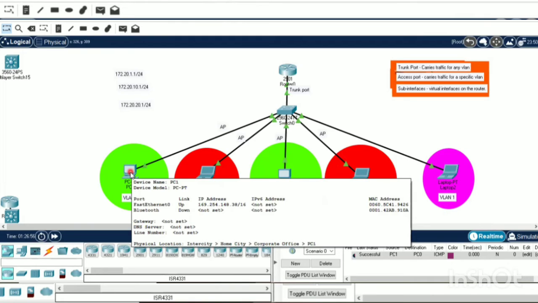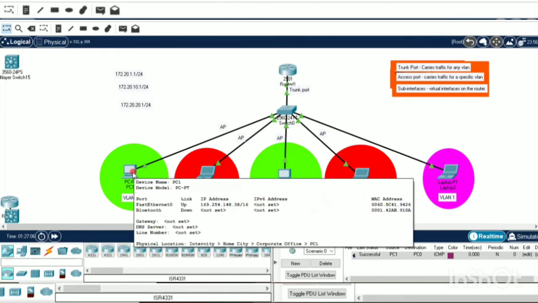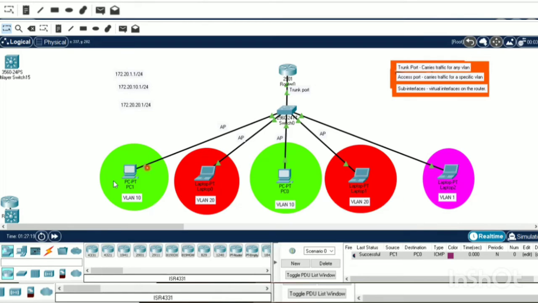So whenever the DHCP server is not available, the PCs will assign an IP address from this range. This IP address cannot be routed through the internet. It can only be used in the local area network. That's why we are able to ping PC1 to PC0, because they belong to the same